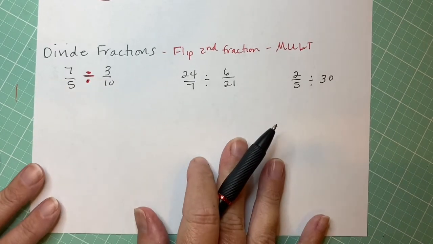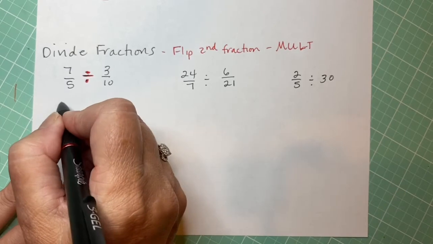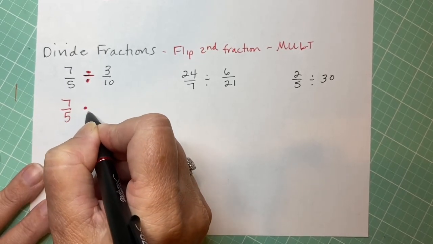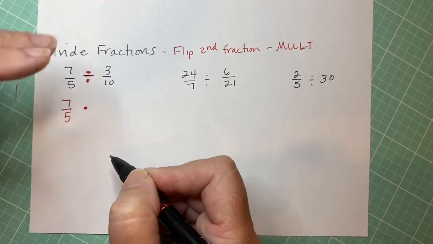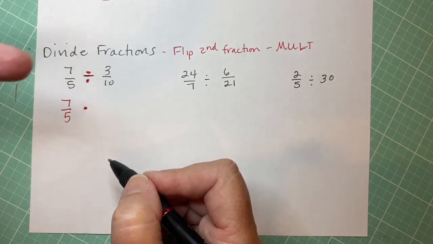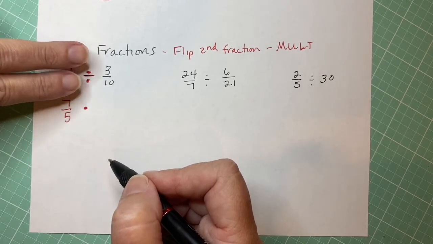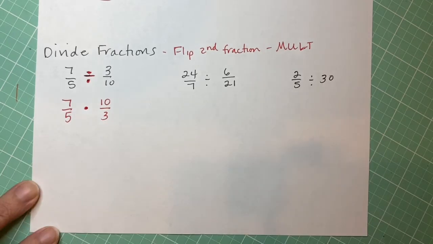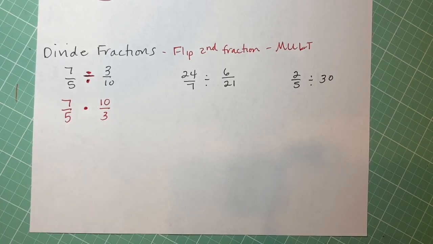So again, visually, if you look at this, the first fraction is always going to stay the same. We're going to change it to multiplication and think of division as flip. If I had to make an emoji for flip, that would be a good one, showing that you want to flip that over. So this division sign is going to tell us to flip the 3/10 and make it a 10/3. So for division, you leave the first fraction like it is, you change it to multiplication, flip the second fraction,